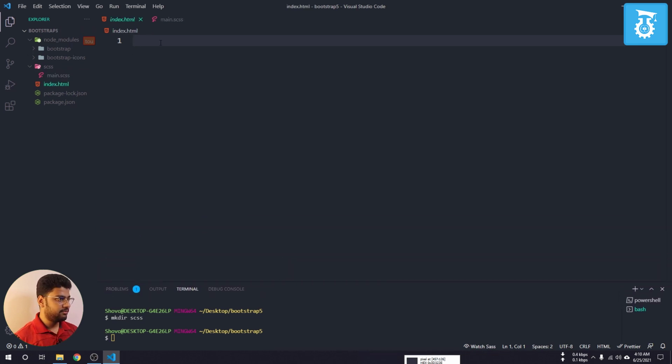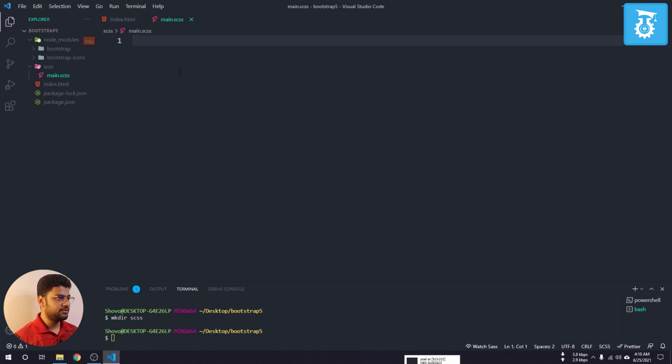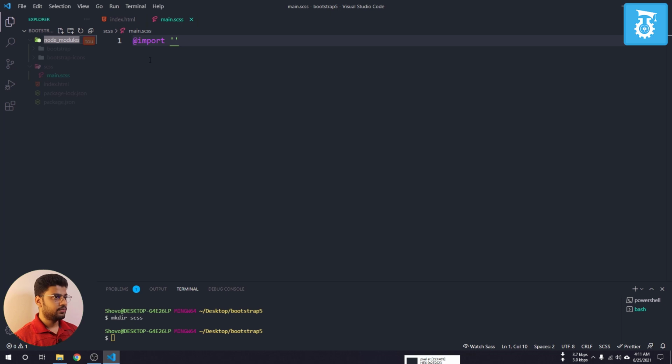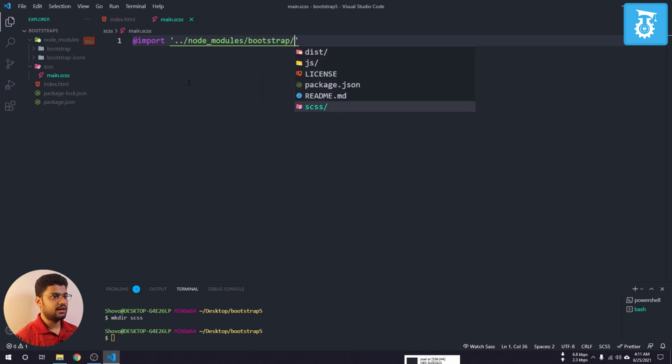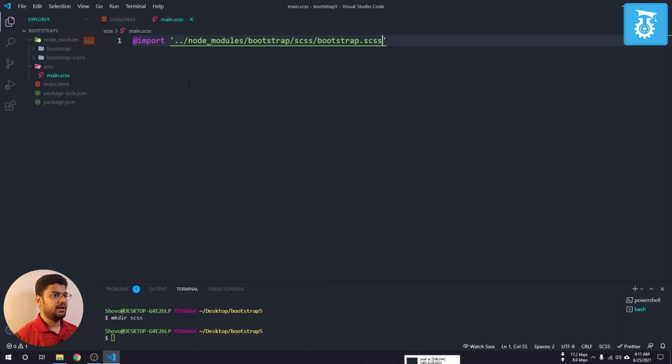And in the index.html file I will take the boilerplate, and here I will write bootstrap 5. Okay, and here I will include our main.js file. So at first I will come here and I will import our node module. I will rename this from here and I will paste it here. So I'll write /node_modules and then bootstrap and then scss, and then bootstrap.scss. Okay, and if I click save and then I will click here Watch Sass.